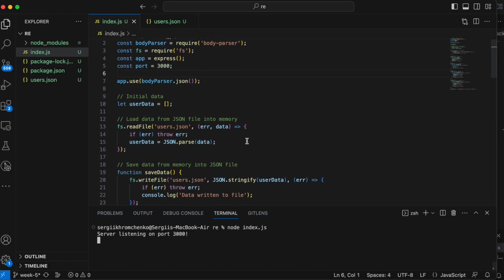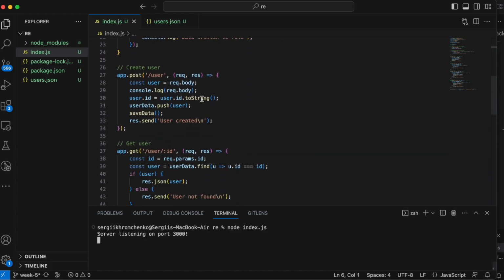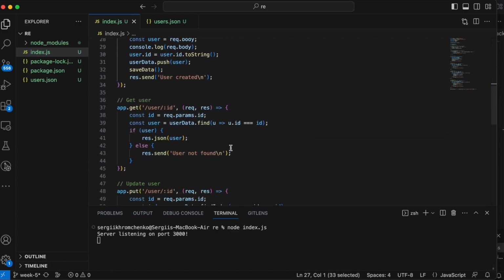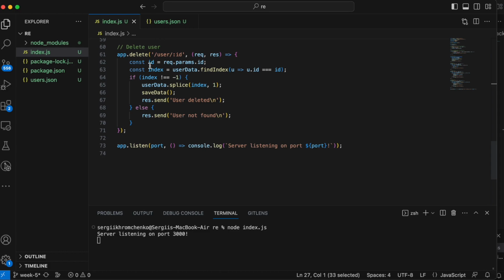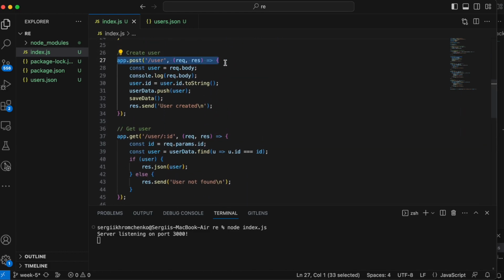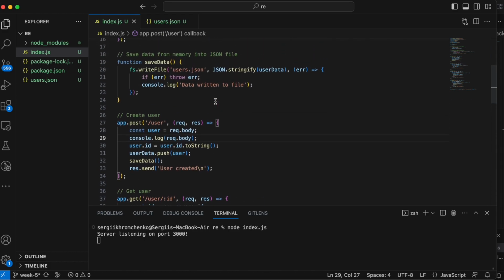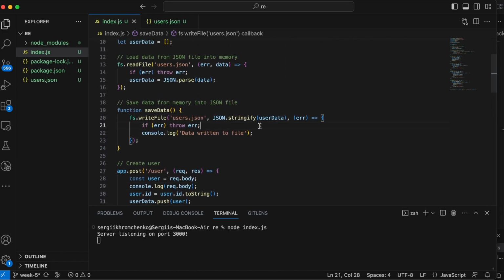So in this server, we can create, so we can post the user right here. We can get the user, update the user, and remove the user. In our test, we're going to use only two. We're only going to use post and get user API calls. And by the way, I did a couple of customizations, but it doesn't really matter as this server is going to be used for both, for API and Playwright,